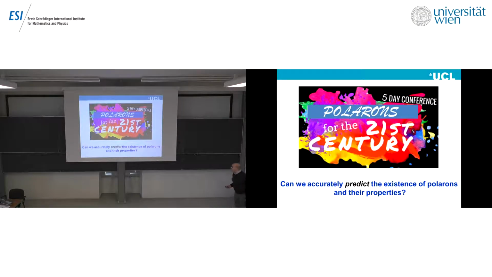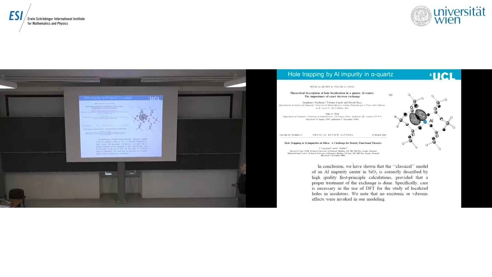The main question for me, after many years of dealing with these polarons, is: can we accurately predict the existence of polarons and their properties? We have been calculating polarons and their properties for many years, but prediction is still quite elusive. So since it's the 21st century, I will start from some of the papers which were published at the beginning,